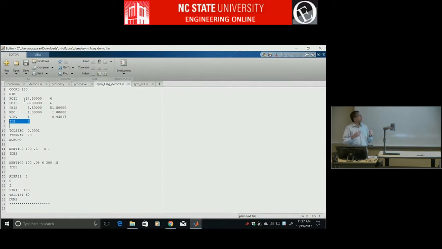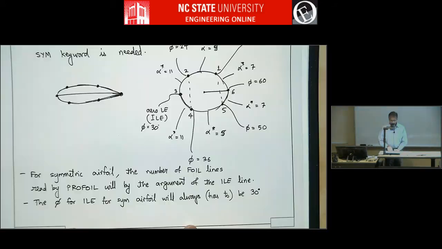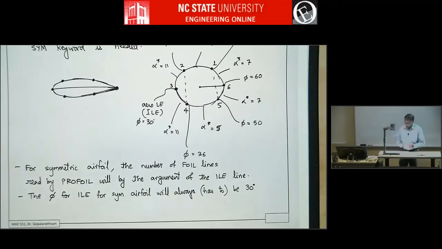You have to think, okay, if this is 14.5, then you have to say, okay, 60 minus 14.5, then you have to put all those foil lines. Profoil eliminates that kind of boring work for the user. And so remember, or note also that ILE is 30. So this is, remember, a 4-segment airfoil. What I gave in the example in this illustration is a 6-segment airfoil. So here, how many